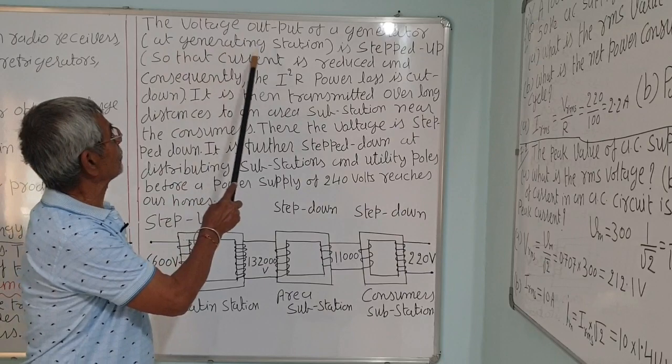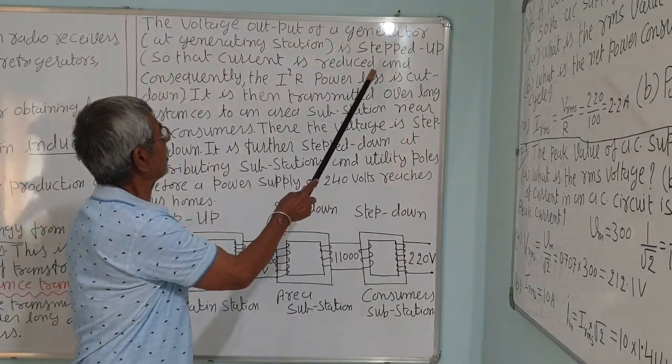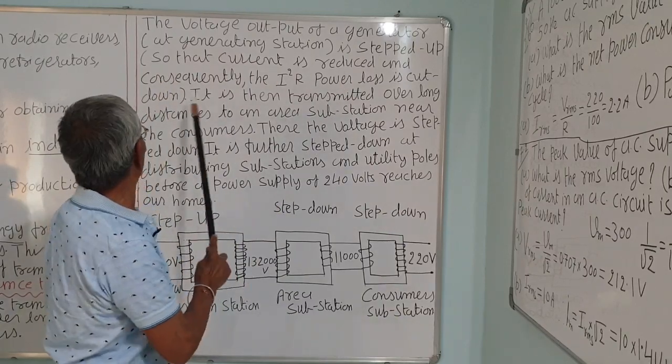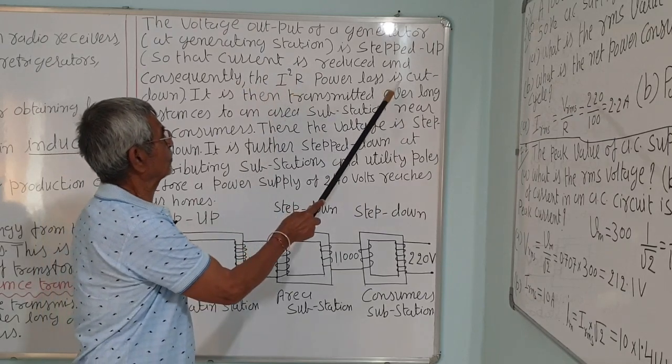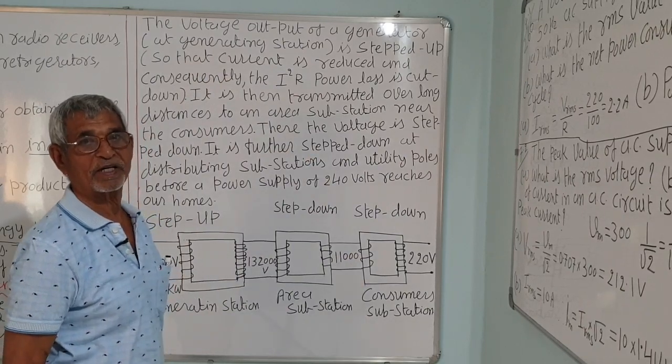The voltage output of a generator at the generating station is stepped up so that the current is reduced, and consequently the I square R power loss due to the heat produced in the wire is cut down. Otherwise you won't get any power